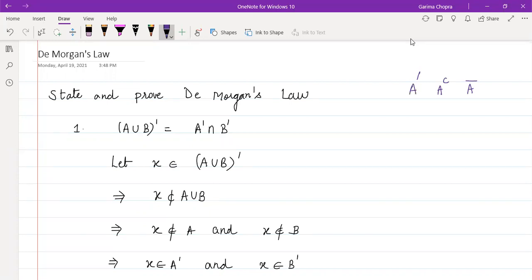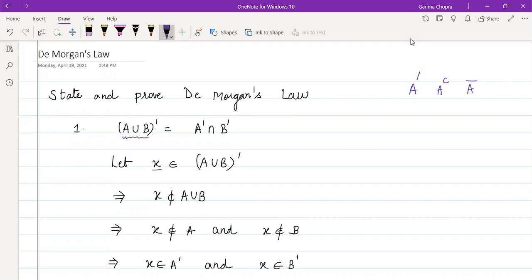So here we have that the complement of A union B can be written in this particular form: it is the intersection of the complements, A complement and B complement. Firstly, we will be showing that the set which is present on the left hand side is a subset of the set which is present on the right hand side. For proving this, we will be taking an arbitrary element in the set which is on the left hand side. We are considering an arbitrary element X in the complement of A union B.